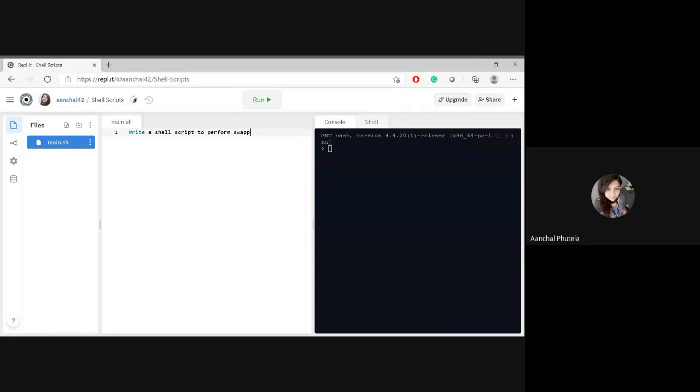Do you know the logic of swapping of two numbers? Then we will go for the if else part, with and without using a third variable.